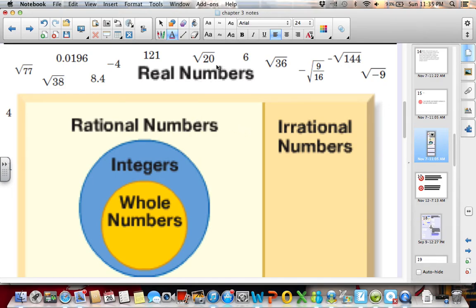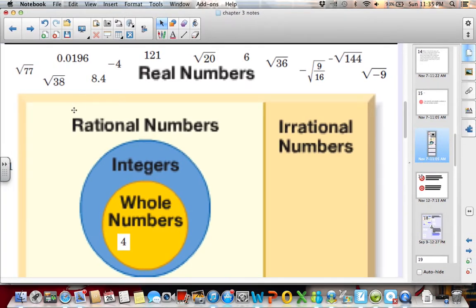So the real number system consists of rational numbers and irrational numbers. Okay, so it's two different categories, rational and irrational. Within our rational numbers, we have whole numbers and integers. If a whole number, for example, 4 is a whole number, we would put it in our whole number category, but 4 is also an integer, and 4 is also a rational number. So 4 would go into the category of whole numbers, integers, and rational numbers,